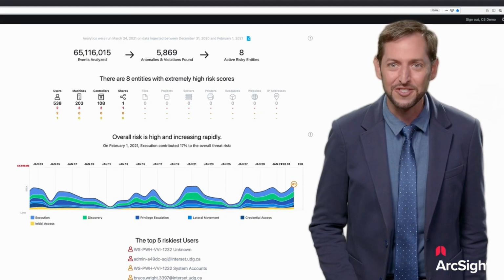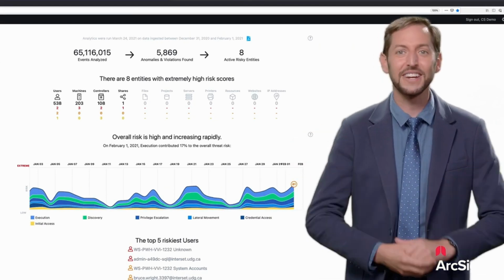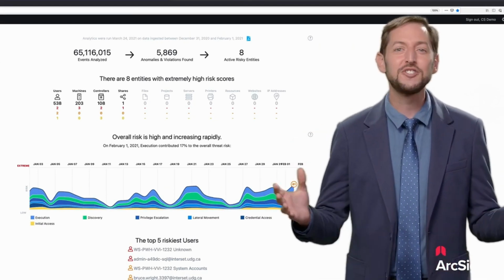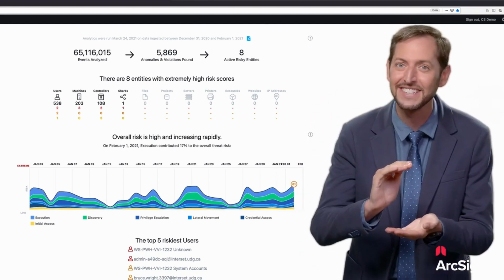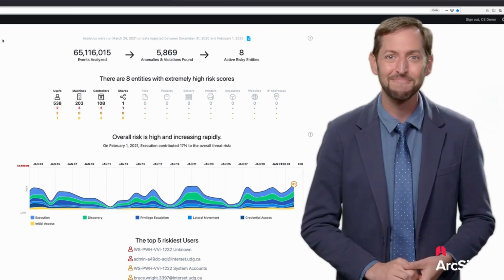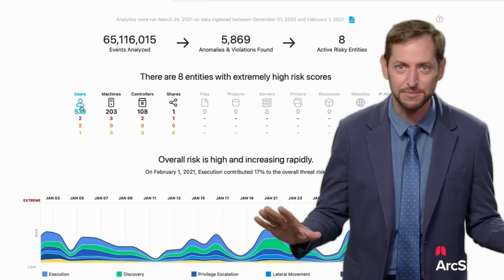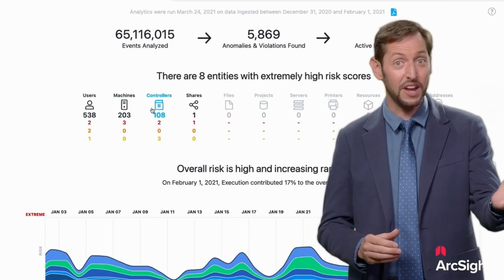Here's the main landing page. Here we see quickly what ArcSight Intelligence is all about, using unsupervised machine learning to distill billions of events into a prioritized list of high-quality leads. We quickly see all the types of entities we track within our enterprise, along with the number of risky entities